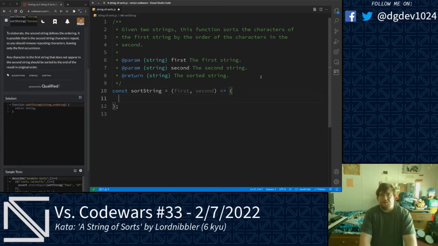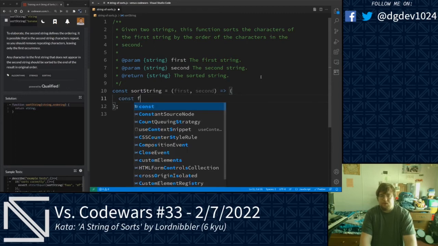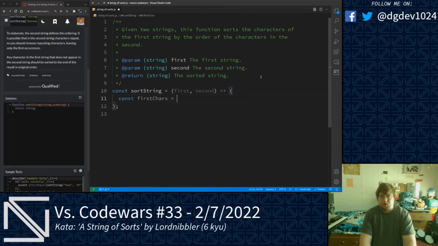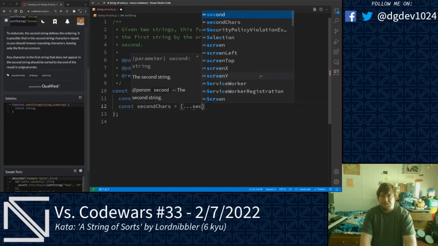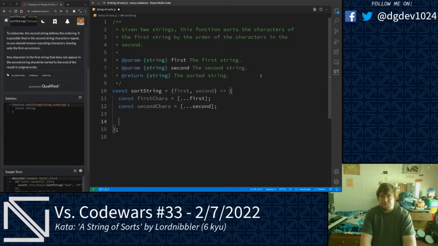Alright. We're going to go ahead and do const firstChars. We're going to get the characters of the first string. And we're going to do secondChars, and we're going to get the characters of the second. I don't think we need to do that, though, do we? I don't think so. Anyway, what we'll go ahead and do, we need to return the first